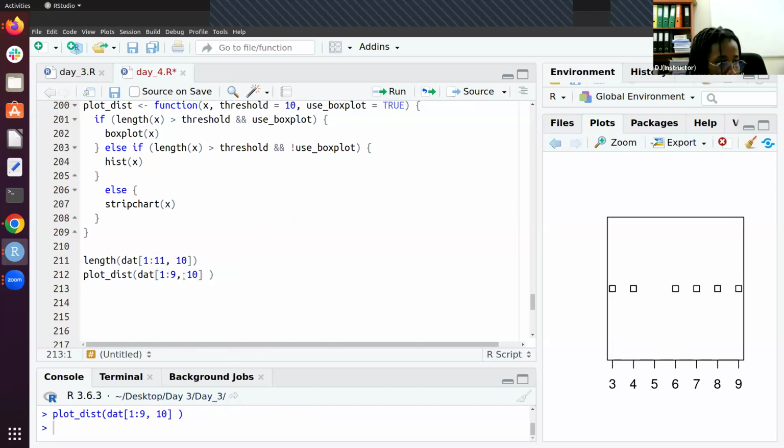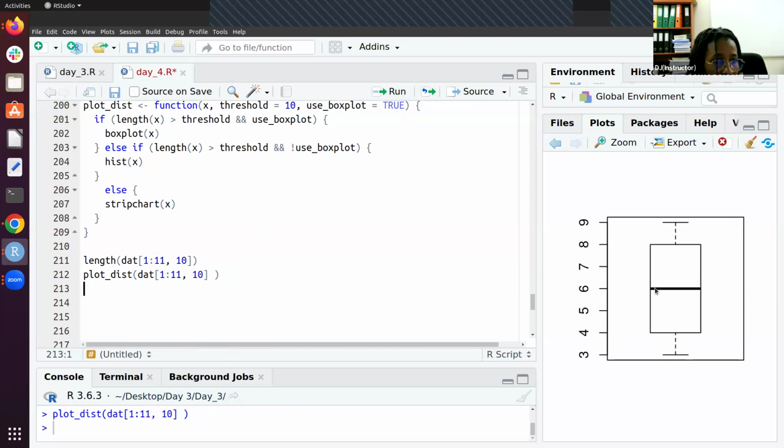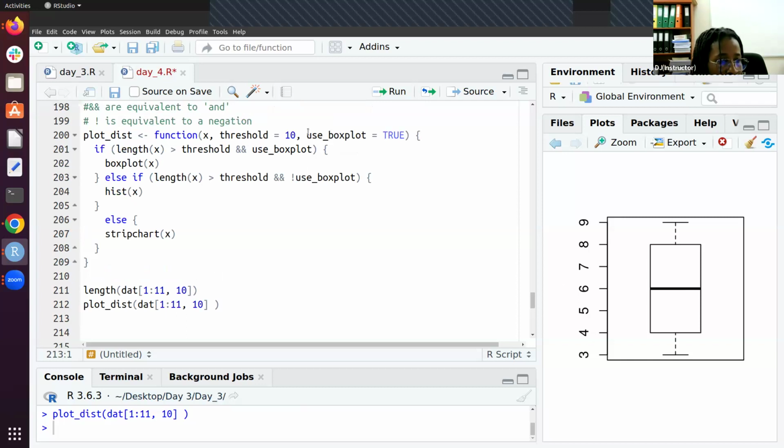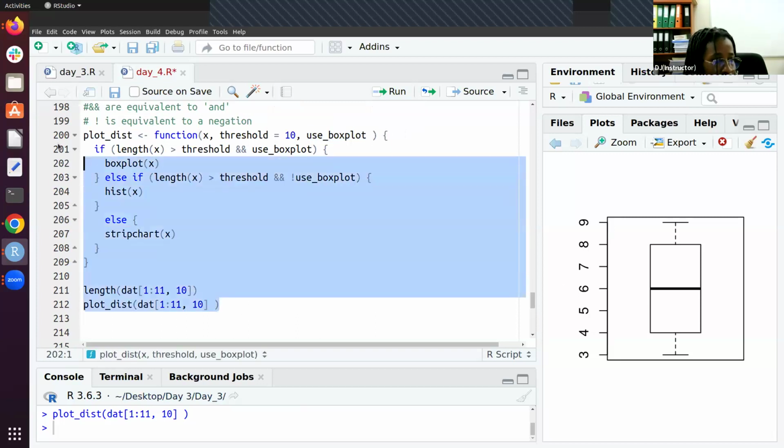I still get the strip chart, but if I increase the length without specifying whether I want to use the box or not, I get a box plot. The reason is that I set it to be true. If I don't specify, it's going to take this part to be true. But if I remove that and run this line again,